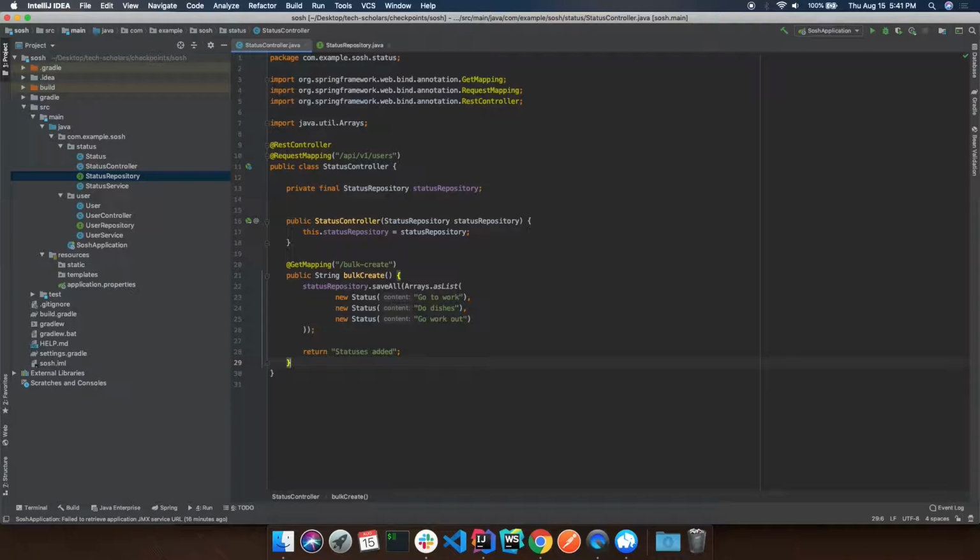Then we're going to create another route, which is going to be our get all route. So we'll say @GetMapping, and we're going to say, oh, users, what am I doing? This needs to say statuses. There we go. And then for this one we'll just say go to that address, and we're good. We'll say public Iterable<Status> getAllStatuses, and